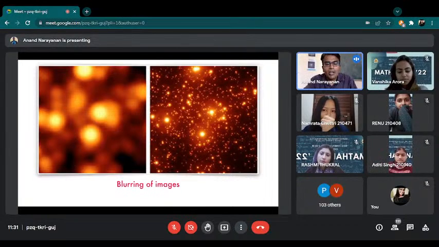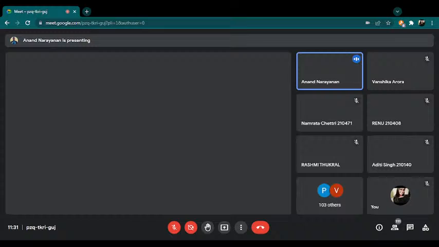Because of some remarkable advancements in the field of optics, it has become possible to improve the quality of images from ground-based telescopes, from telescopes that are situated on Earth. And that technique is called adaptive optics. Okay, I want to spend 2 minutes talking about adaptive optics because I'm sure you'll find the science behind it